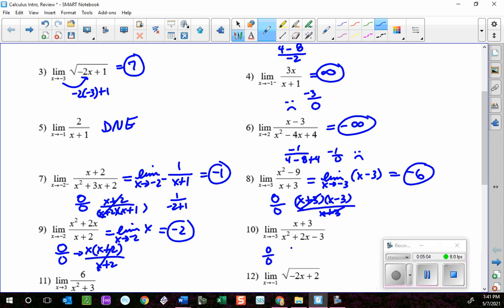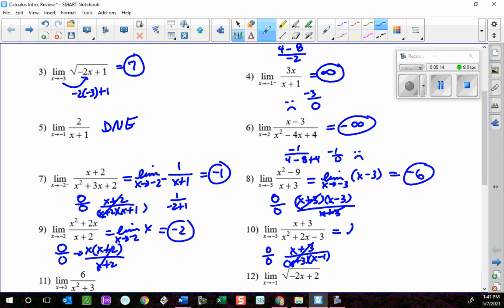So let's try some factoring. The bottom is x plus 3 and x minus 1, so those cancel. So this turns into the limit of x going to negative 3, 1 over x minus 1. And now I can plug in negative 3. So negative 3 minus 1 on the bottom is negative 4, so I get 1 over negative 4, or negative